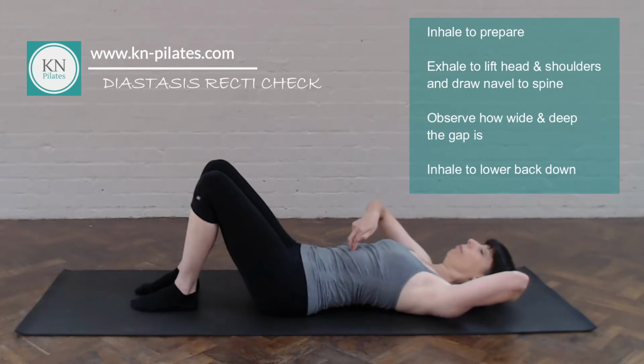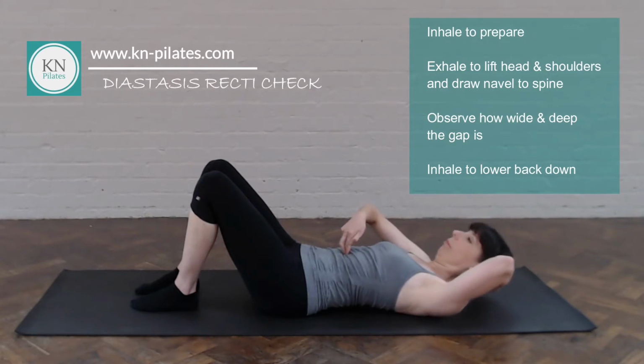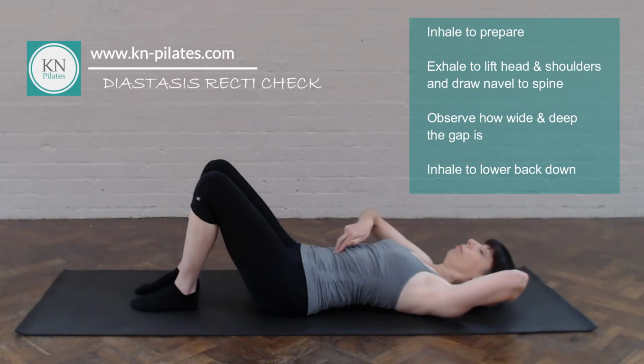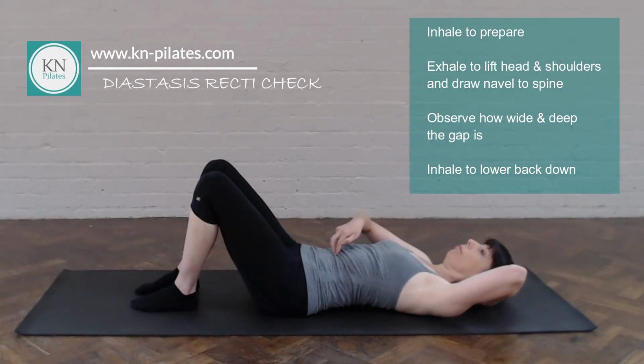So then, as you can see, we just do gentle curl-ups, keeping the pelvis in neutral. You breathe in to prepare, out to draw the navel to spine, and gently curl the head and upper back up. As you do that, you will feel the abdominals on either side come a little bit closer together. You will be able to feel them a bit more strongly,